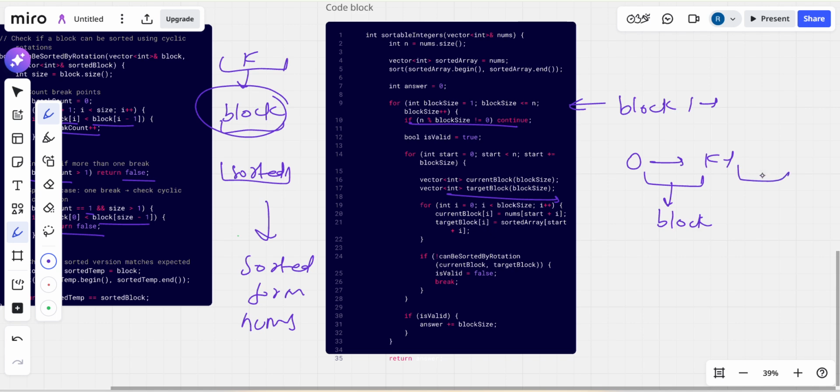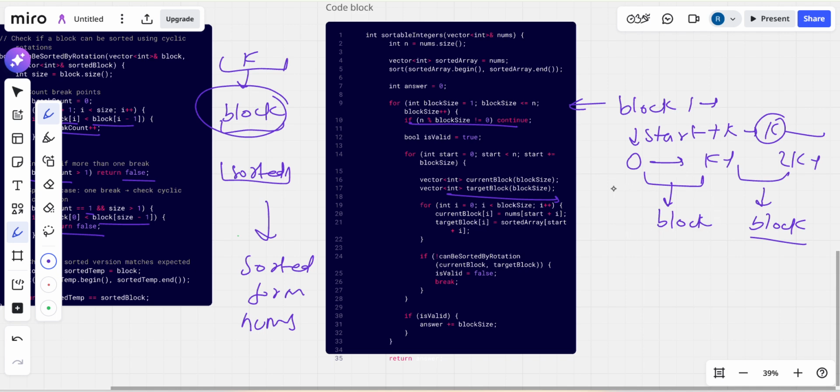Then we move the start pointer by k elements, then it becomes 0 to k. Then again we move, and we get 2k minus 1, which is one more block of k length. And so on.